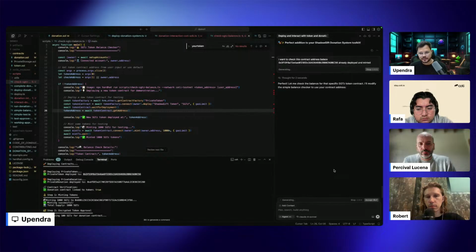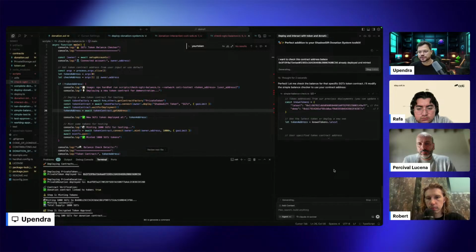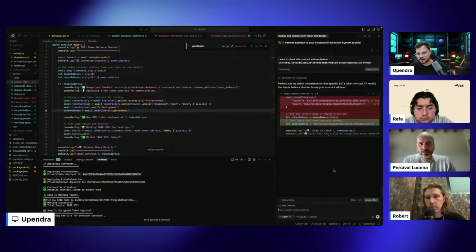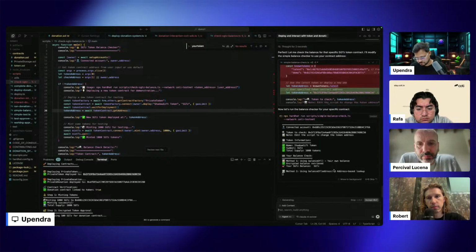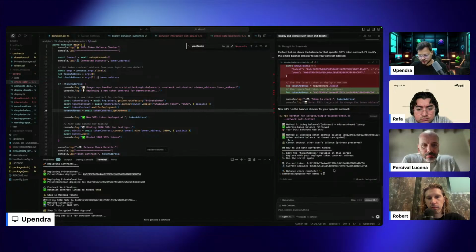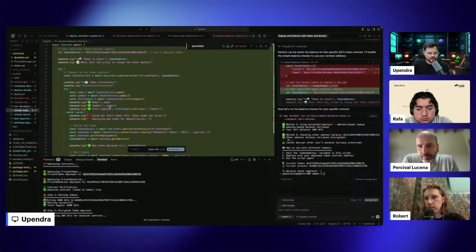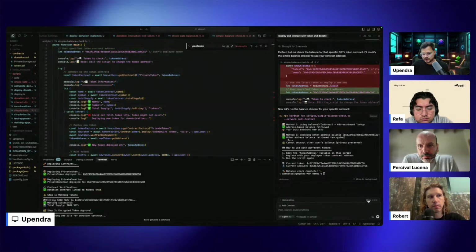And there is a suggestion: after your context window increases so much, the size has increased a lot, what we need to do is start another chat. Because as I asked for a simple check balance script, it has created a script which does everything. So it has created some simple balance check. If we accept it,